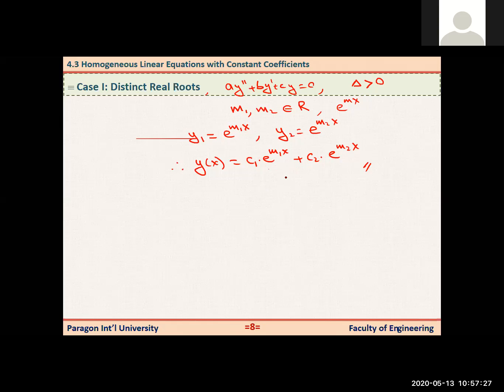Okay, so second case, we'll see examples of it later. Repeated real roots. Here we are talking about, again, this differential equation a y double prime plus b y prime plus c y is equal to 0. So now here delta is equal to 0. At the time the first solution will be